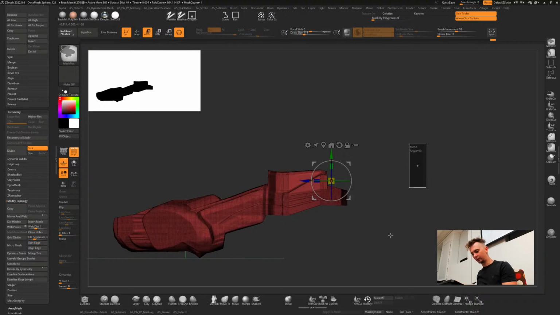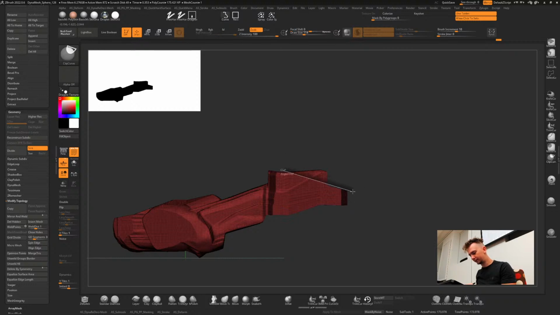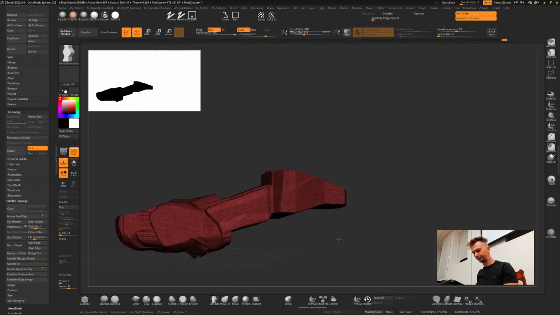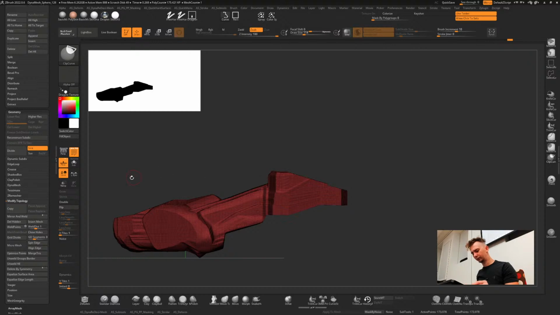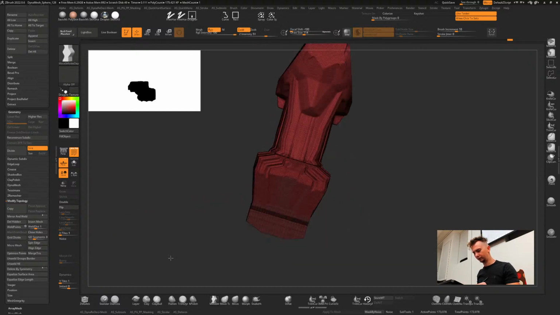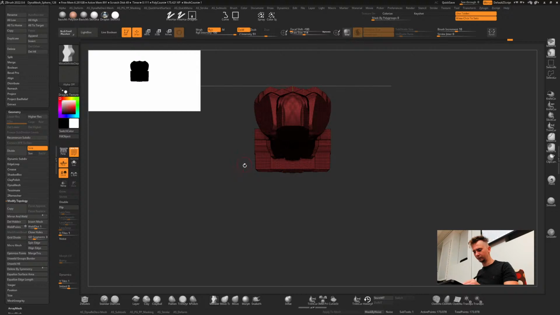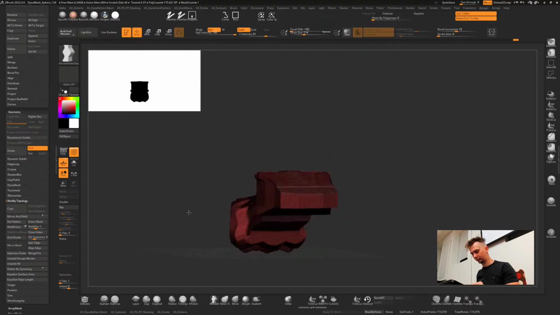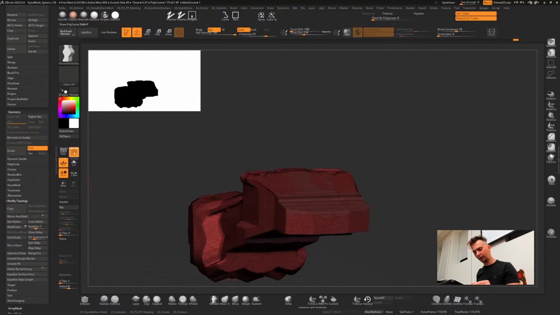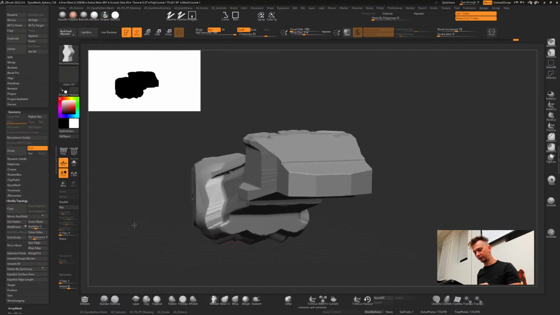And then we can remesh and use clip. And let's turn off polyframe so I can see the shape.